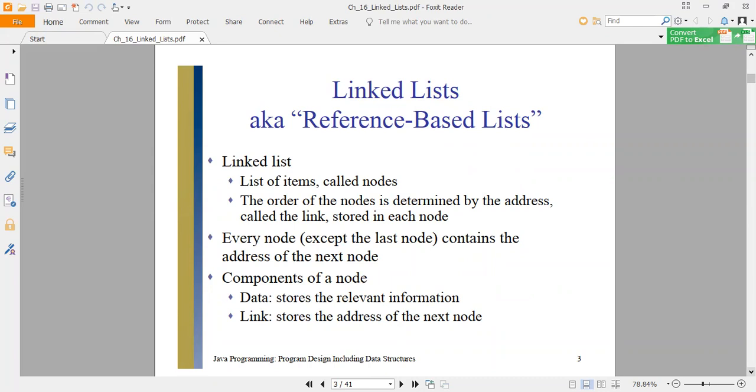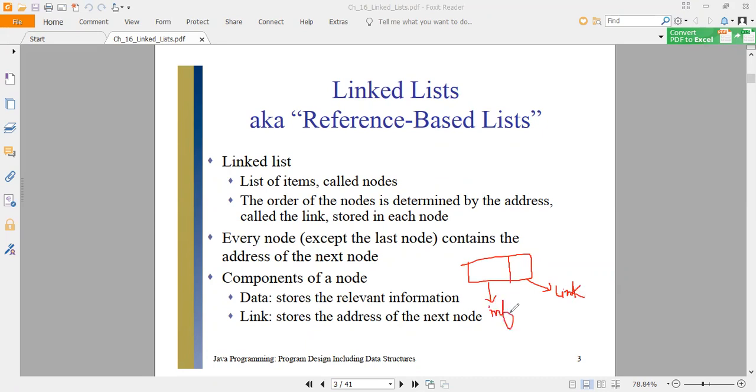Then we have the components of a node. As I have already told you, we have two components of one single node. We have the info part, which is also called the data part, and then we have the link part, which holds the address of the next node, right?